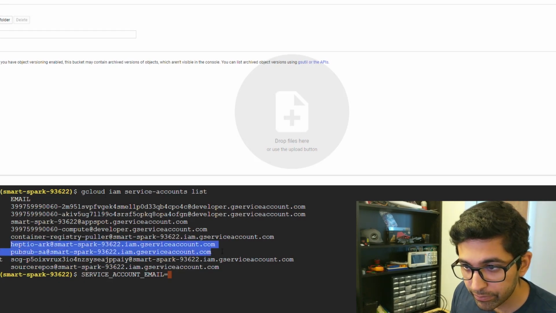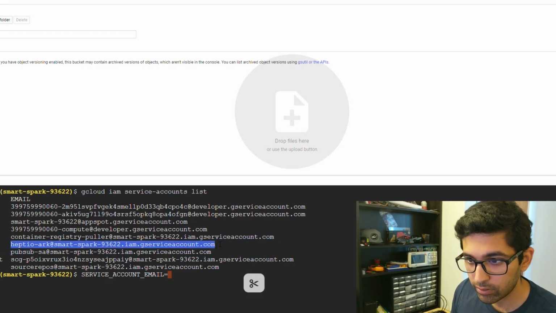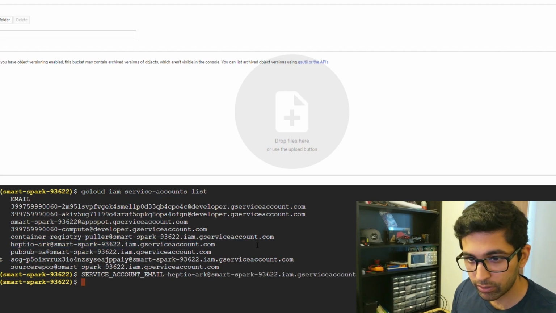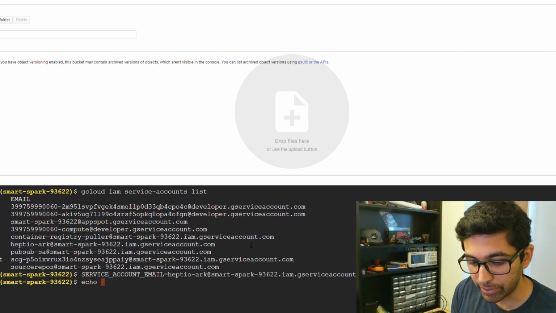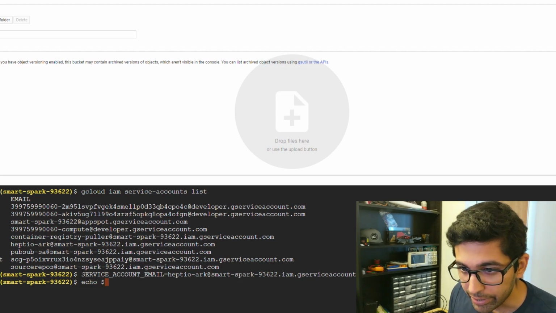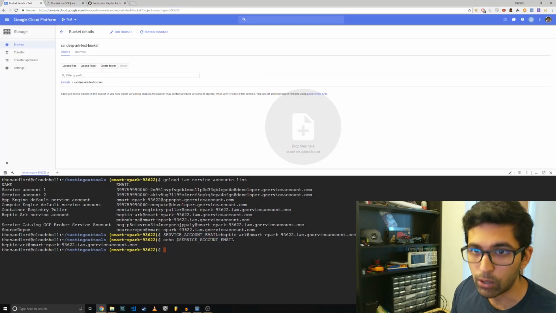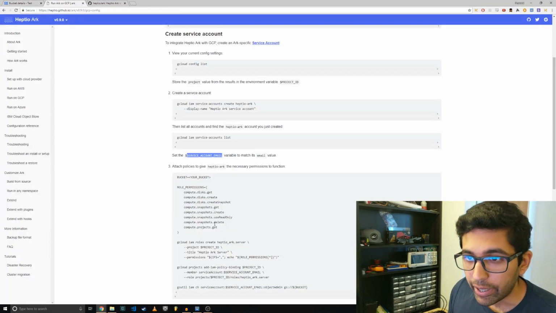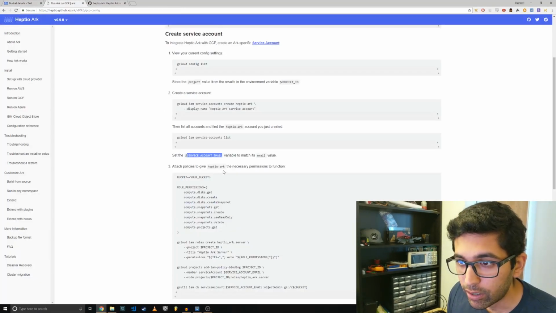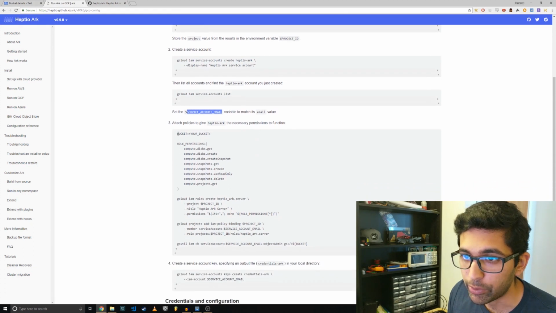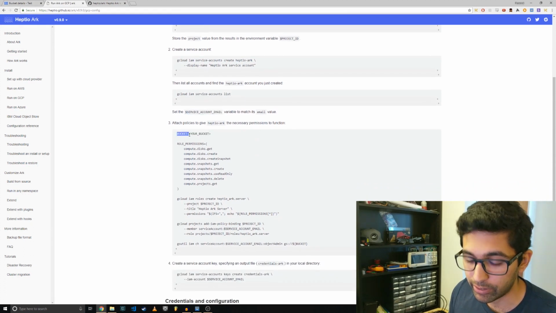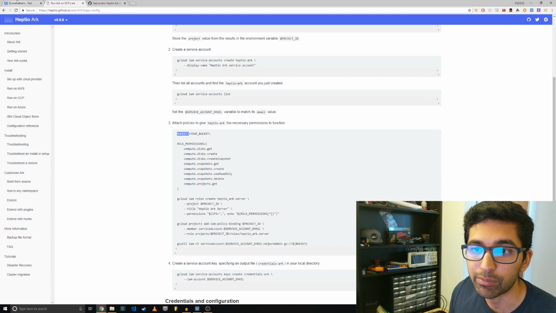It's right here. Should work. Okay, cool. Let's just echo that to make sure that it is set. Okay, awesome. Okay, so attach policies to give Heptio Arc the necessary permissions. Okay, so we also need to set the bucket. That makes sense. Again, not sure why this is multiple